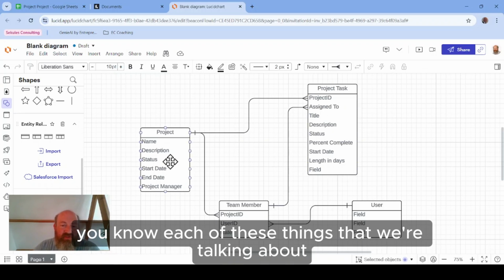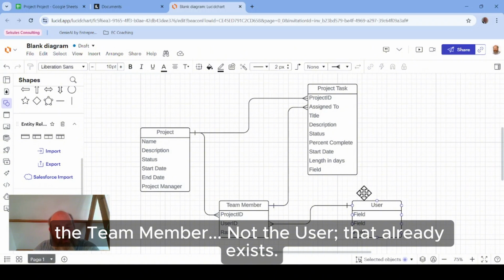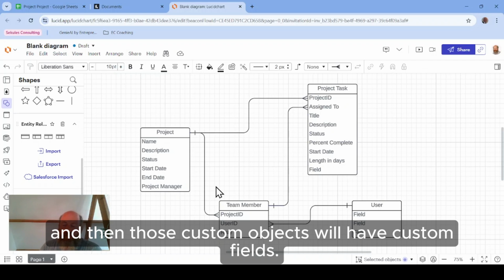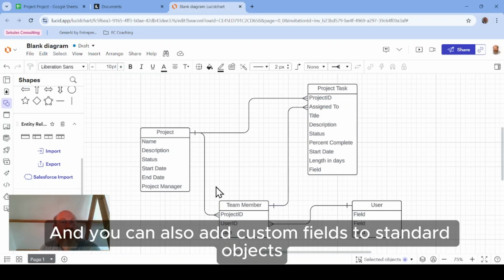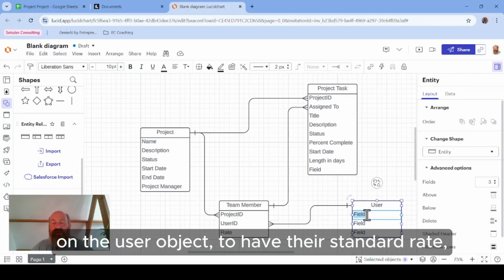So, each of these things that we're talking about adding here, the project task, the team member, not the user, that already exists, but these other things will be custom objects, and then those custom objects will have custom fields. Okay, and you can also add custom fields to standard objects in Salesforce. So if we had a need on the user object to have their standard rate,